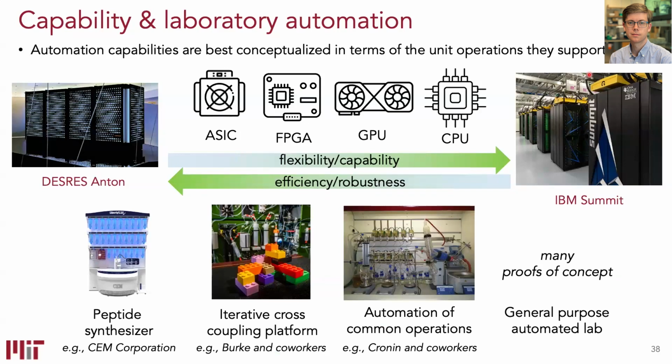There's different ways of thinking about automated laboratories and how you construct them to accomplish different tasks. So I'd like to draw analogies always to computers. You could imagine, right, there's this trade-off between flexibility and robustness in how we think about computing hardware, right? So CPU is very general purpose, maybe less efficient than if there are particular tasks for which GPUs excel, that you could use those. But GPUs don't do everything CPUs do. And as you go more specific to application-specific ASICs, for example, you get really efficient and robust, but you've sacrificed the flexibility in operations.